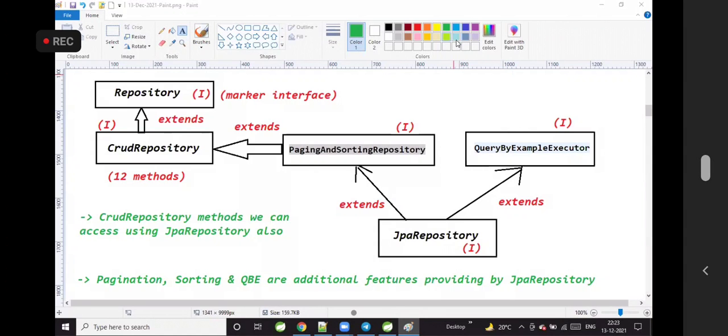Generally people will say CRUD repository, JPA repository will support pagination. But our students will show with the proper diagram, the internals. Why did pagination come for JPA? Why is pagination not available for CRUD repository? How have they developed it internally? What is the relation between them? If you show the complete diagram,